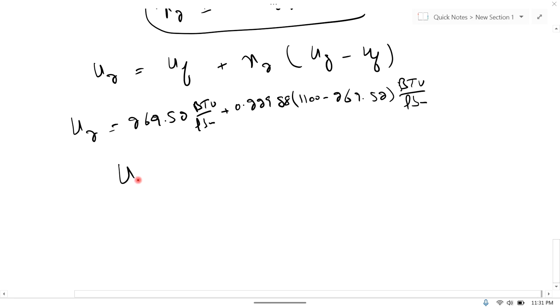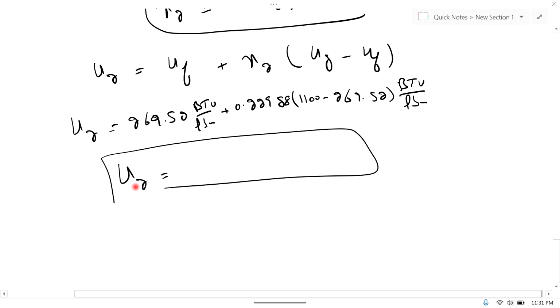This is a simple calculation. Simplifying, U2 is 460.43